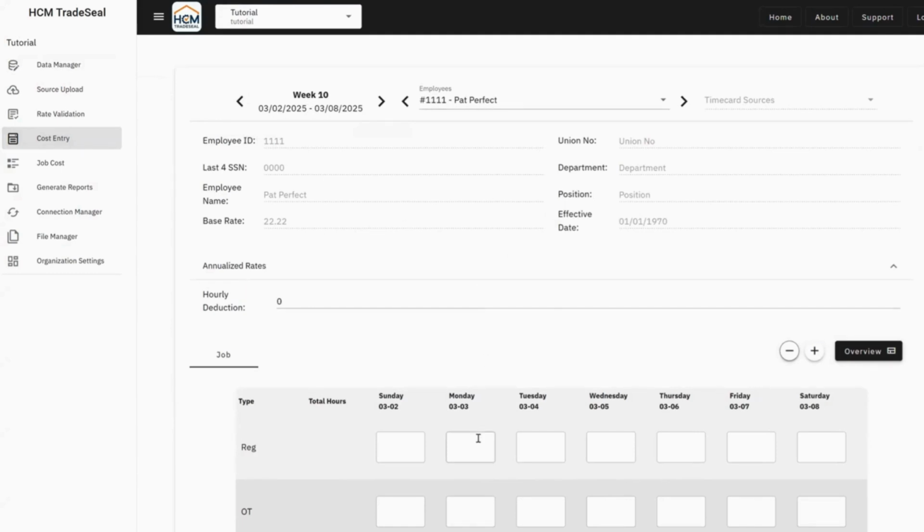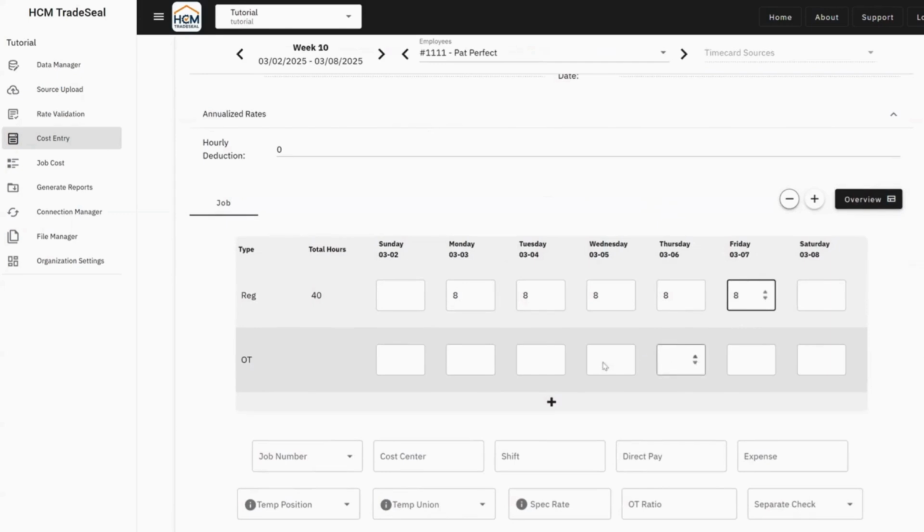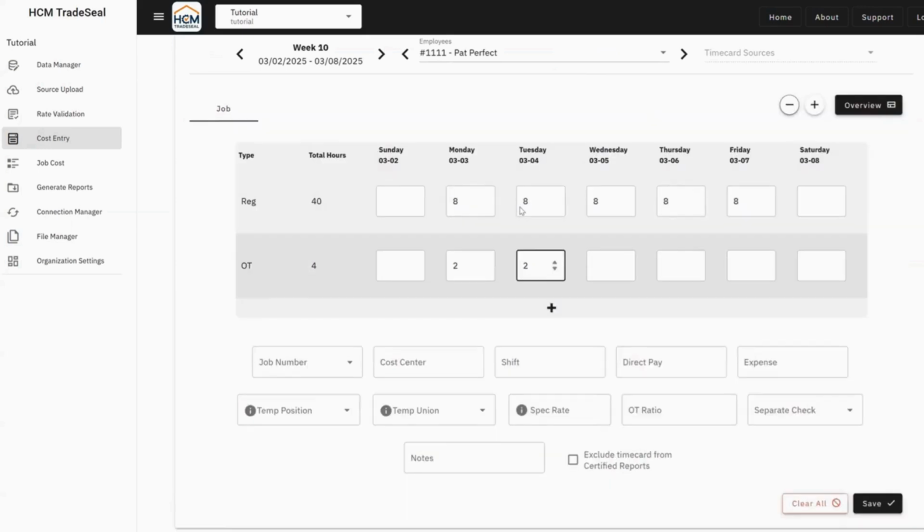And I'm going to give Pat 8 hours on Monday, 8 hours on Tuesday, 8 hours on Wednesday, 8 hours on Thursday, 8 hours on Friday, and I'm going to give him some overtime as well on Monday and Tuesday. 2 hours Monday, 2 hours Tuesday, and we're going to have him work on a job too. I'm going to just make up a job number. I'll call it project